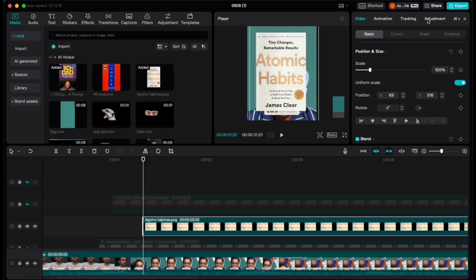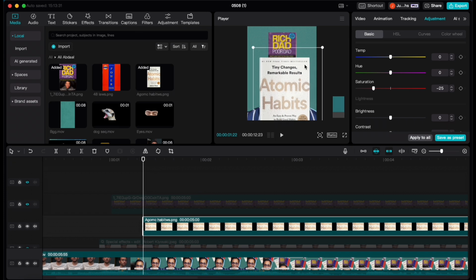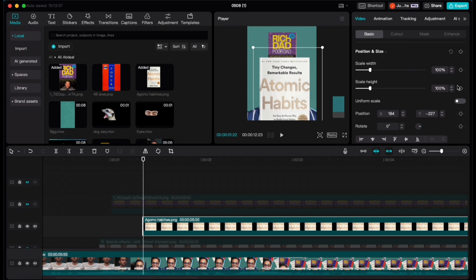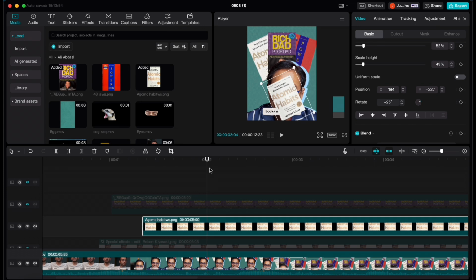For this one, you want to go to adjustment and put down the saturation to around -25. I'm trying my best to make it as similar as the original video. And then uncheck uniform scale as always, and put the width at 52 and the height at 49%. You also want to rotate it by -25, and you want to go to a point where it stops moving,